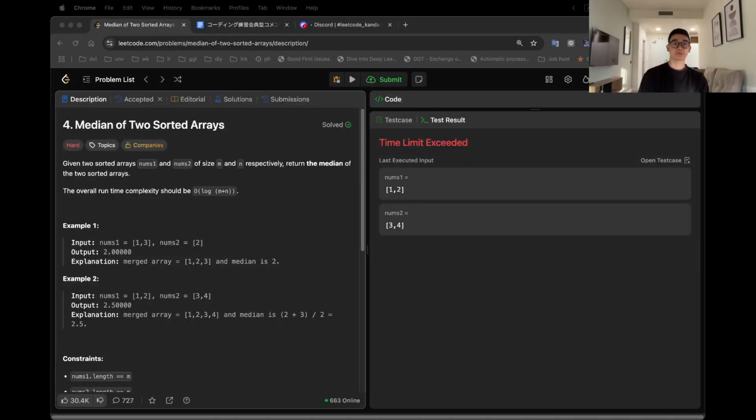Hello. So today I will be solving median of two sorted arrays, which is extremely difficult for me. It took almost 7 hours to understand all the concepts, alternative solutions, and other stuff, and its implementation roughly. Usually I don't do this. I usually think it out of my head and try to figure out the solution, but it was impossible, so I